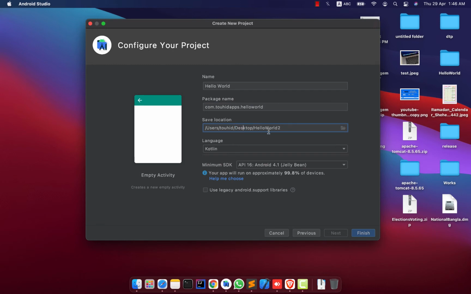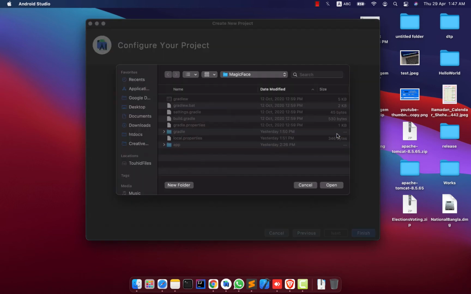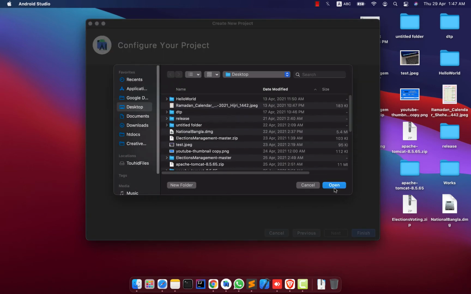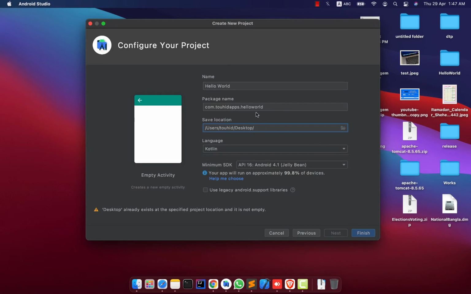And save location, I'm gonna use save location to my desktop, and you can change it here. So desktop, open, and lastly you have hello world. This is the project name. As there is another folder on my desktop, there is a warning, already exists. So I'm gonna change this name to hello world 2, and there is a language selection, that's Kotlin or Java,